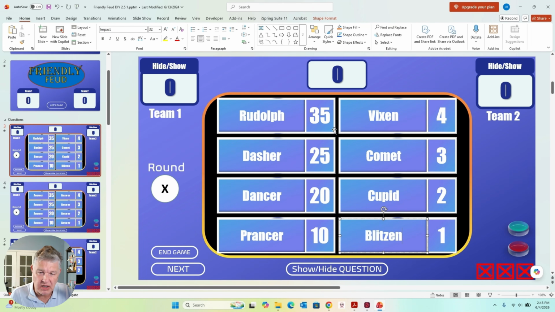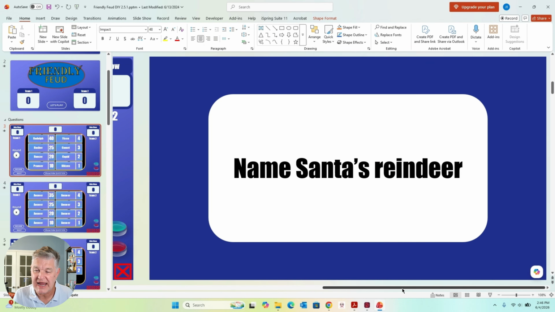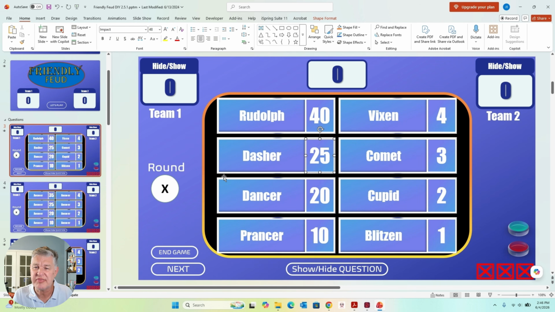All right, so then I have all my names there, and now these point totals add up to 100. If I want to, I can change them. Again, just highlight the number, and maybe I want to make that 40. Then that's fine, but I just need to make sure I look at my math for the rest of it. But anyway, I customize my question, I customize my answers,